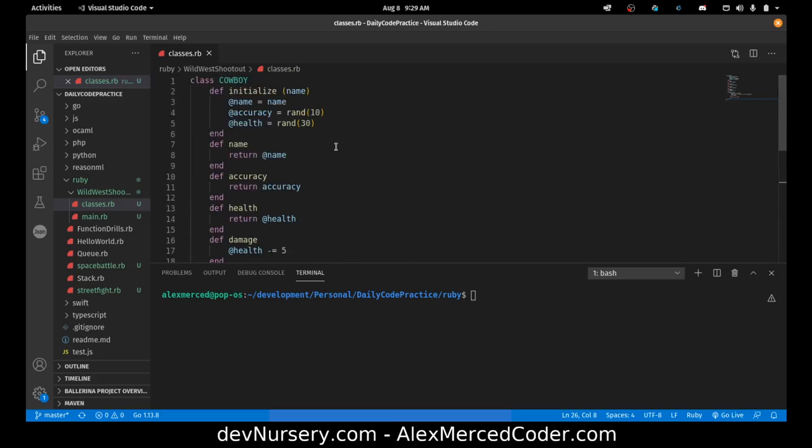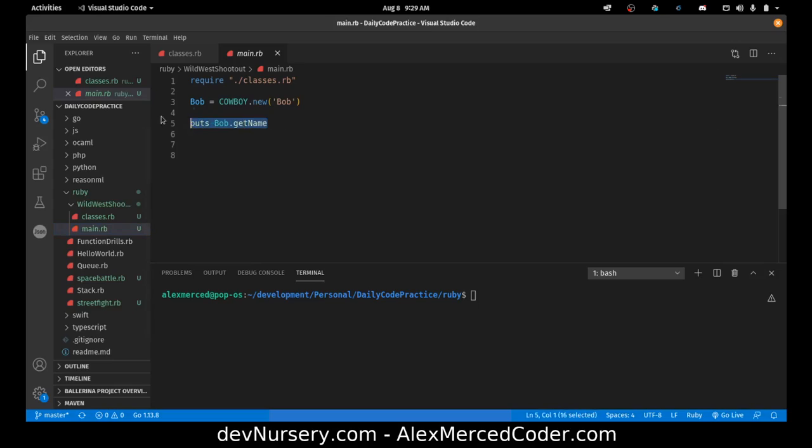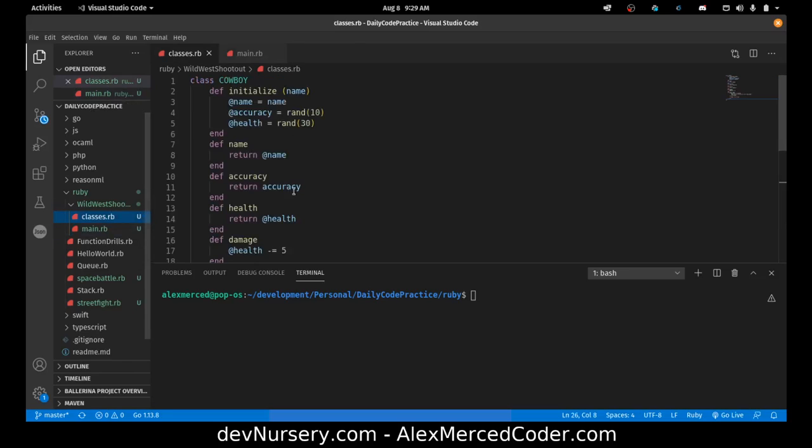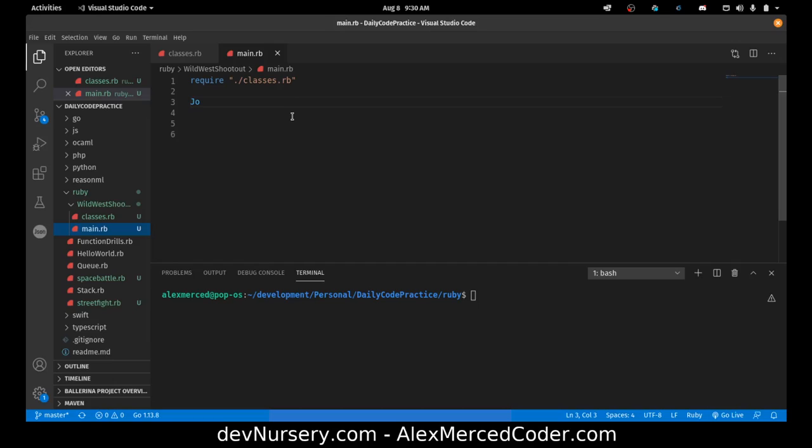Okay, so now that our class is set up, we can begin doing our game logic. So let's go back to our main.rb. And we're going to create our two cowboys. Okay, we'll have one. And let me just go back to take a look at my initializer. Yep, we are passing in a name. So we're going to have one cowboy named Jonas, who's going to equal a new cowboy, Cowboy.new, by the name of Jonas. And then we're going to have Cletus equals